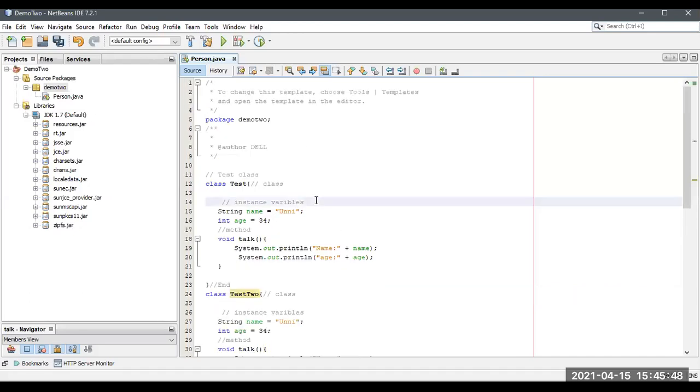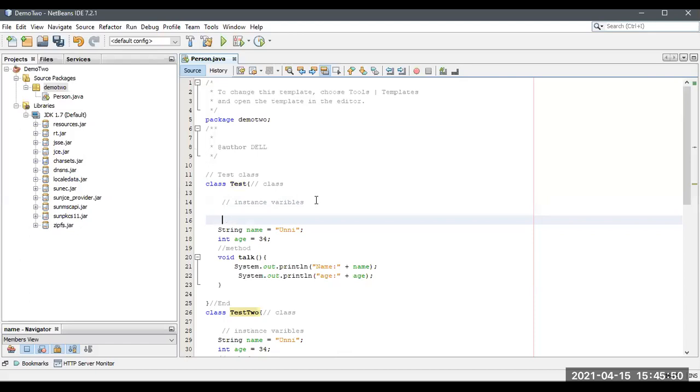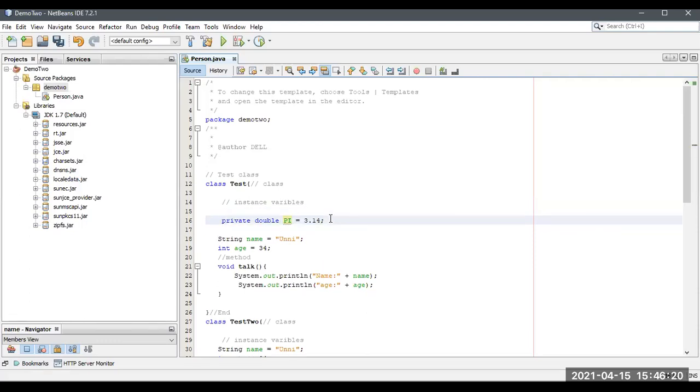So now I'm going to take private int pi. Sorry, I need to take it as a double, because this is pi, right? Decimals. So these are the constants, and for the constants we'll take it as private.